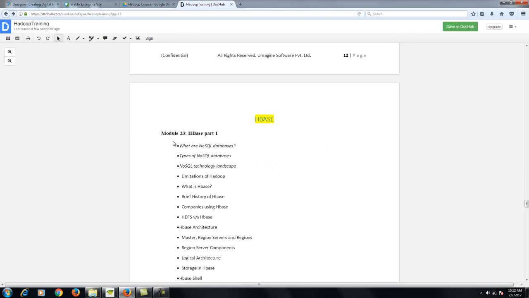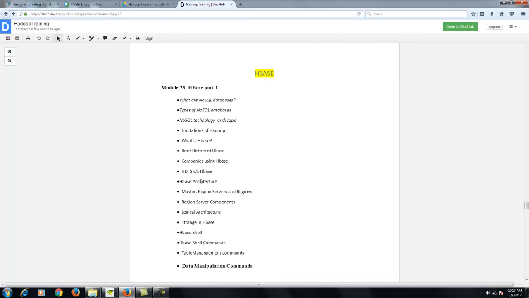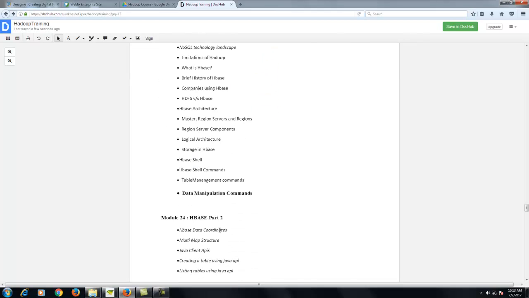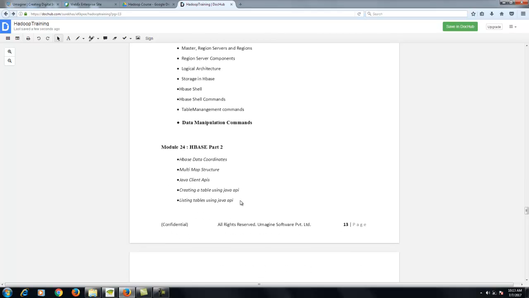Then from module 23 onwards is NoSQL databases, guys. NoSQL databases have come into the picture because of certain drawbacks in the relational database management system, right? There are certain use cases where you cannot really use your RDBMS, and that is where you would need a NoSQL database. So we'll talk about those use cases, why the need, the NoSQL landscape tools and the databases. We'll talk about the technical details of how you work with all of them.